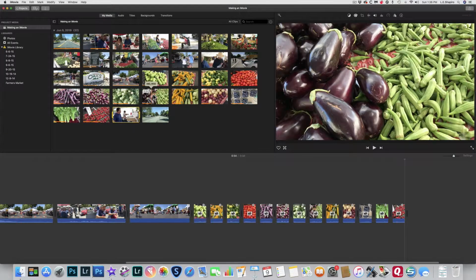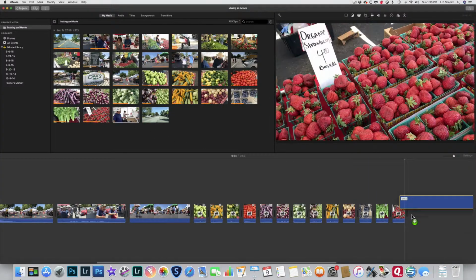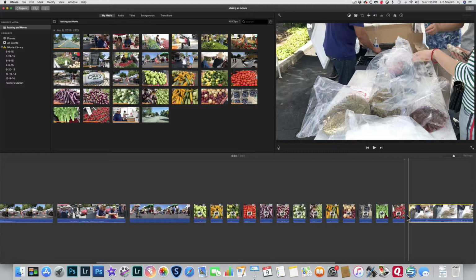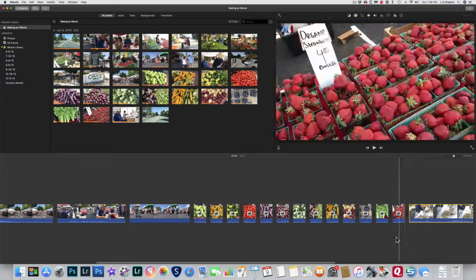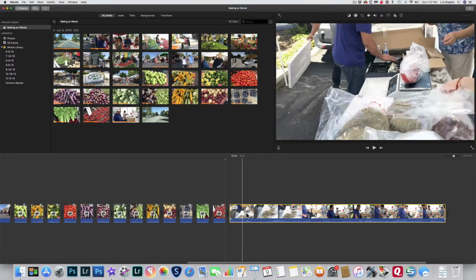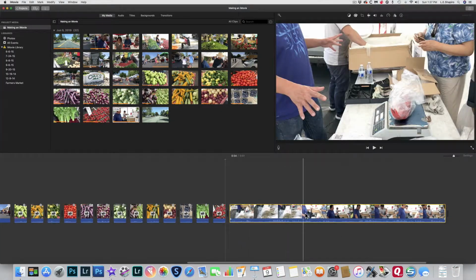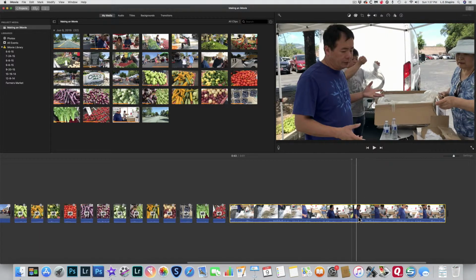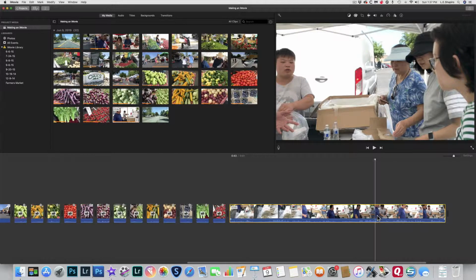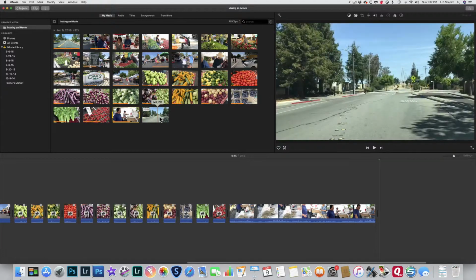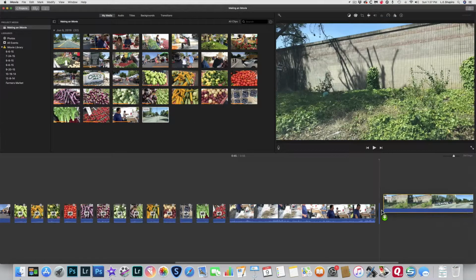Now let's see where that... As I was walking out, there was this guy selling both fish and durian. Durian is this incredibly smelly fruit that is sold in Asian markets, and I'm only going to take part of the whole thing. This is probably enough. I do want to get the people. Yeah, there it is. I'm going to just take this, and then I have a last frame, which is another